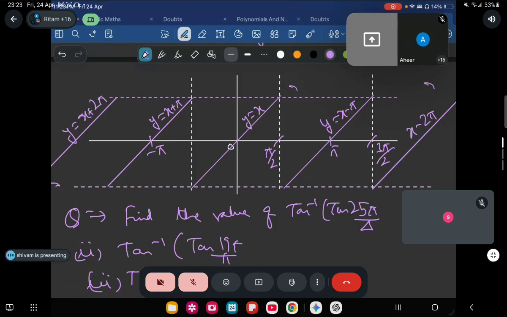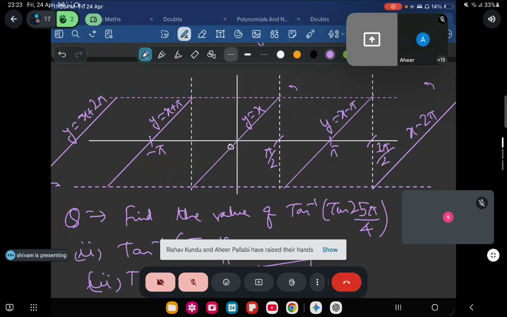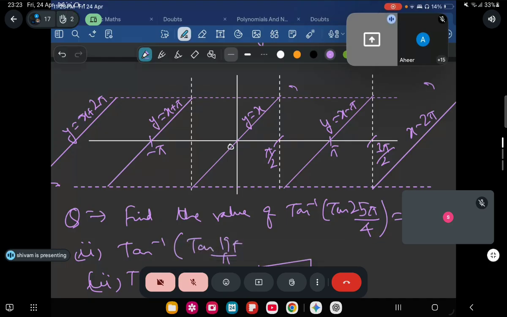Okay. Someone tell me what is tan inverse tan of 25 pi by 4? Raise your hand. Yes, tell me. Pi by 4. If you are having any doubt, you can ask me, everyone. Sir, I thought that you were asking me to tell the first one, so that's why I told pi by 4. Oh, actually, I was thinking about the third one. Sir, I'm facing a lot of internet issues lately. Okay, don't worry, I'm recording the class. I'll send it.